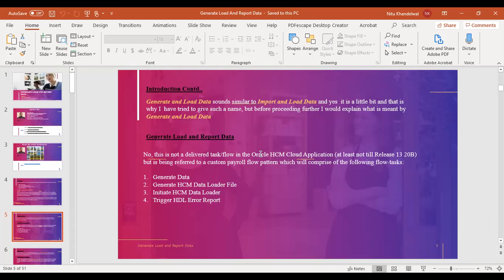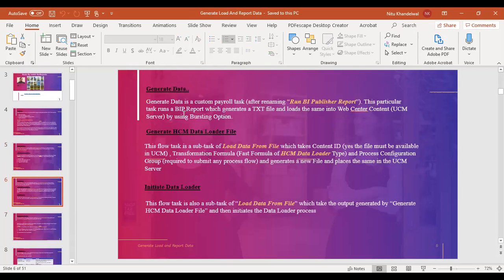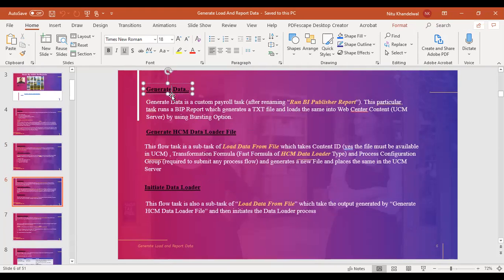Generate and load data comprises four steps: generate data, generate SCM data loader file, initiate SCM data loader, and trigger HDL error report. Now coming to the generate data process. Generate data is a custom payroll flow task, a flow task whose delivered name is Run BI Publisher Report, and we rename it to generate data. This process generates a report which produces a text file, and this gets loaded into